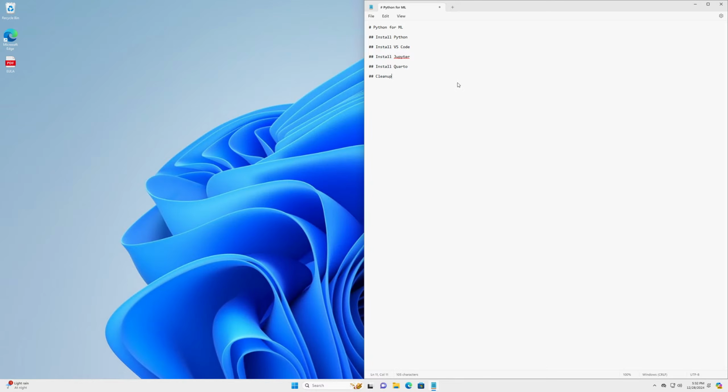And what is this? Well, once we have Python, VS Code, Jupyter, and Quarto all present on our device, we're going to want to make them work together and get something that I think is a Python experience that is similarly nice and approachable to using RStudio, but has the benefits of probably the most powerful programming language of all time, probably the most powerful programming language for the next couple decades at least, which is just a good thing to know how to do. So, in order to do this, I am going to